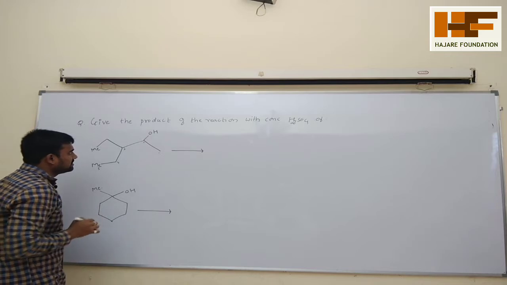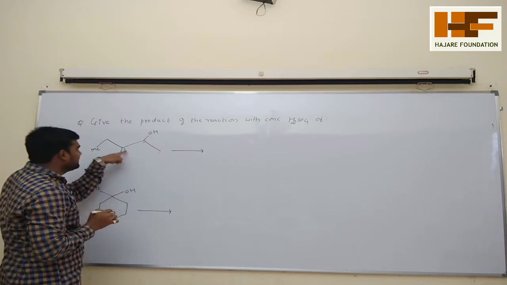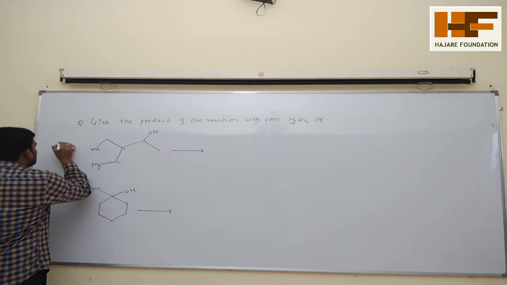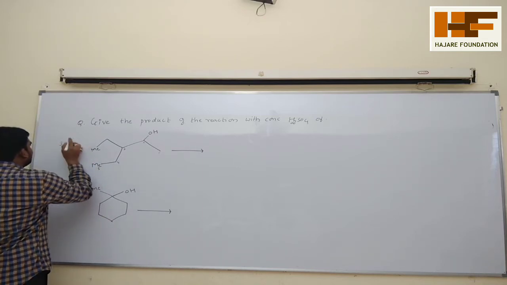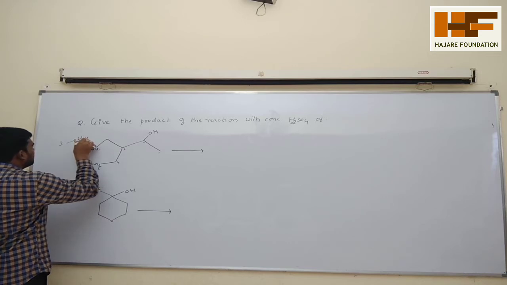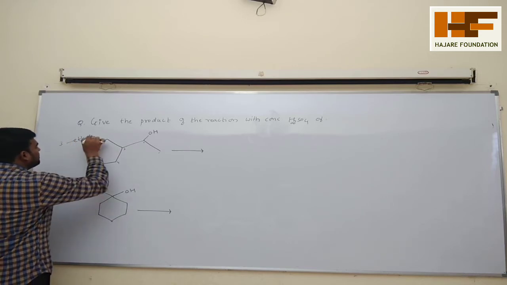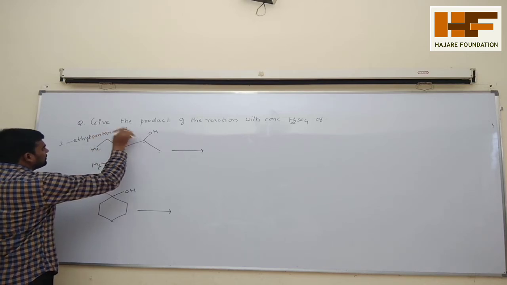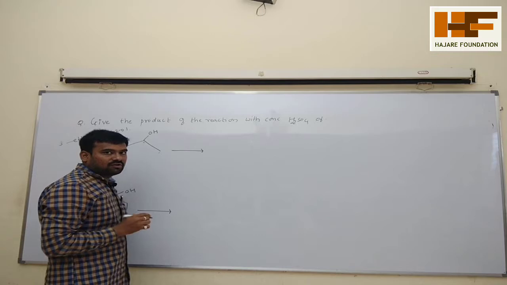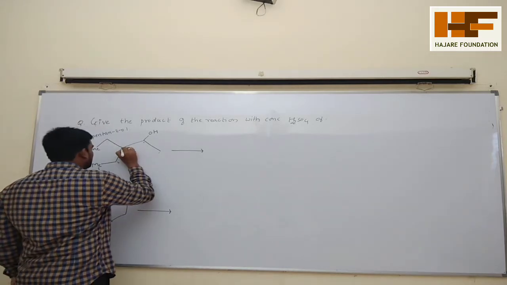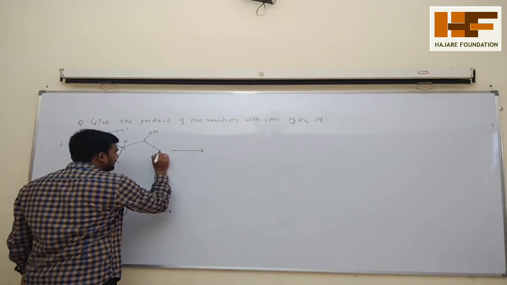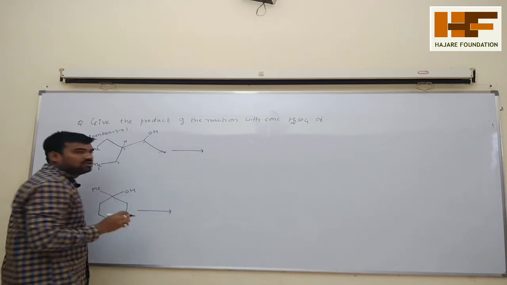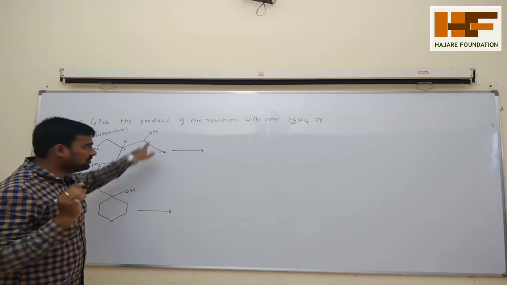So pent. On the third carbon atom there is the ethyl. So simply I will write the name of this compound for your additional information. 3-ethylpentanol, all are single bonds, ane to ol. Okay, so first what you have to remove. See, here is one hydrogen atom, here is one, and you can say a methyl group is there. So if you add acid, first you have to remove OH, you will get the product.